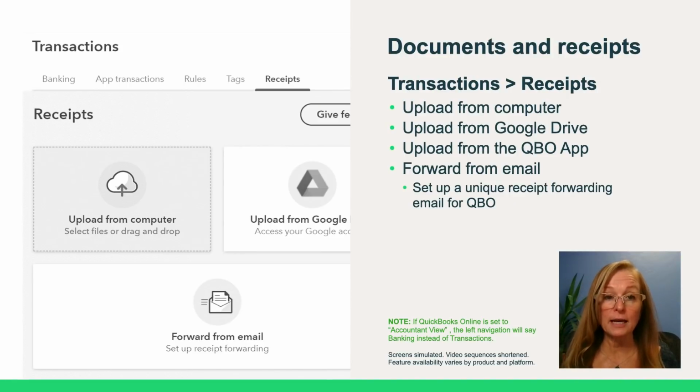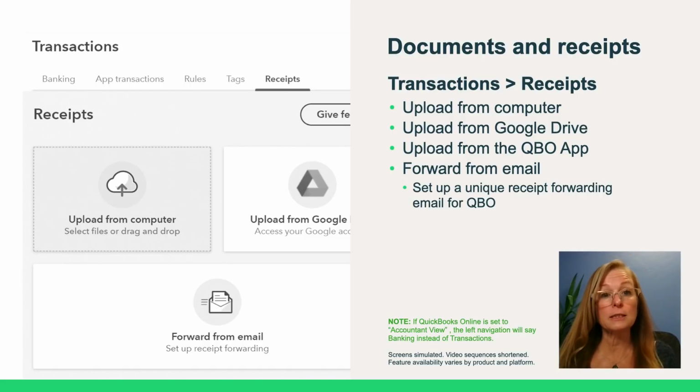Okay, let's talk about transactions now. In the transactions tab, where I went to the bank center, instead you can choose receipts. This is an area where you can actually upload receipts or money out transactions and get them coded into QuickBooks. I use this all the time when I get emails showing that, oh, I paid a bill and I get that bill, or maybe I didn't pay it, maybe it's a bill I'm going to pay. I can forward that